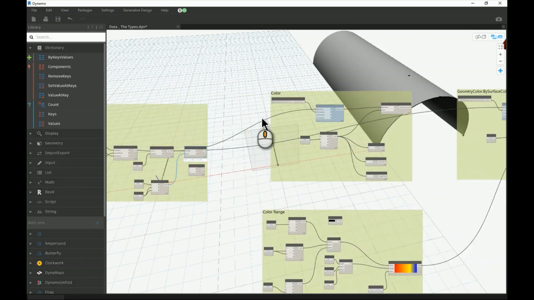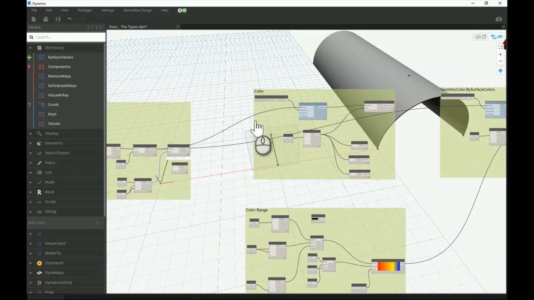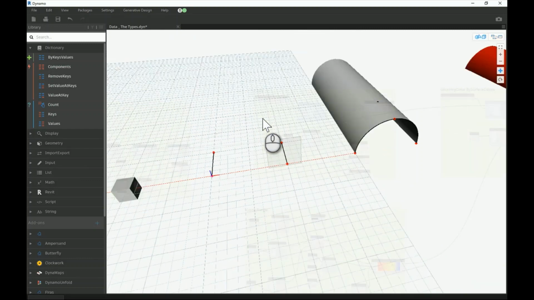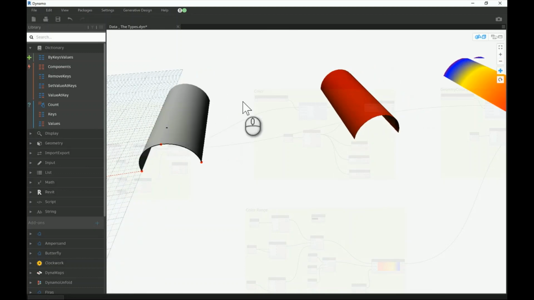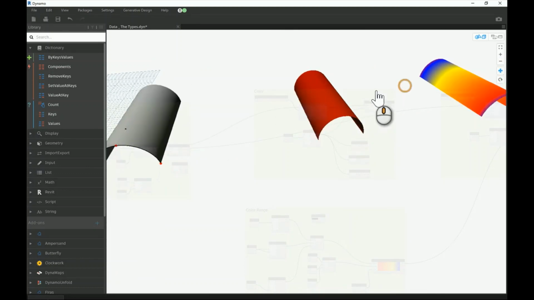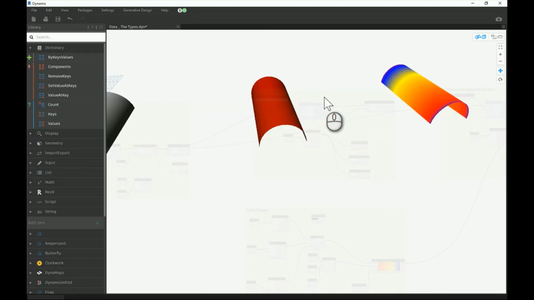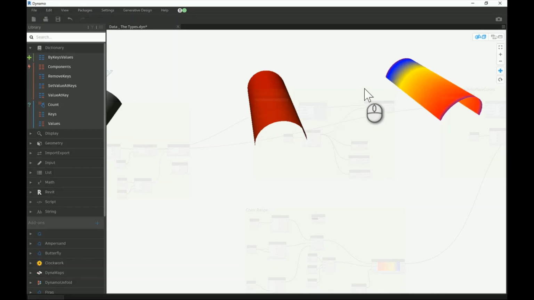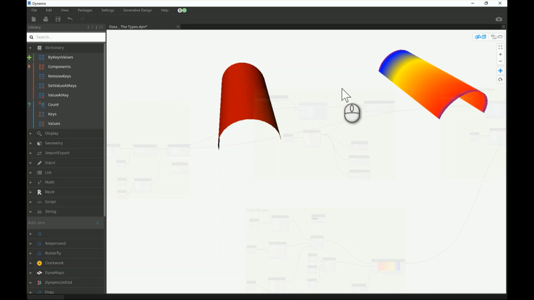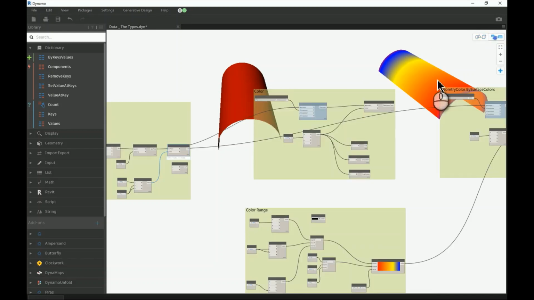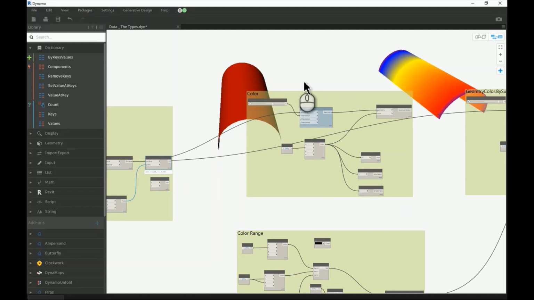Colors are really nice, and they can be used with conditions, of course, with analysis and optimization, to add some values, not only to presentation. Some people use them as a presentation tool. I cannot blame them because the visualization of Dynamo still needs lots of work, and it might be useful as a presentation, but the most advanced thing for the color will be your ability to